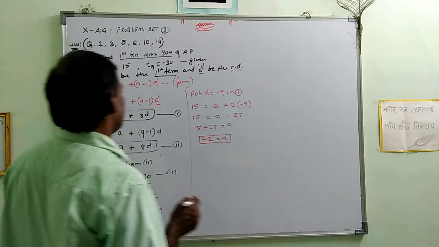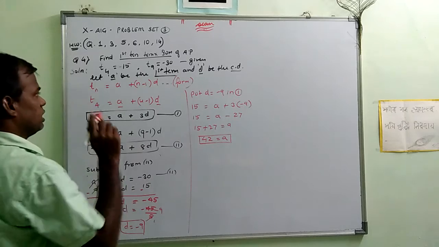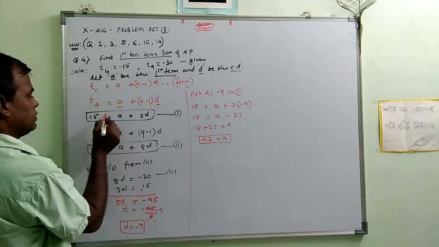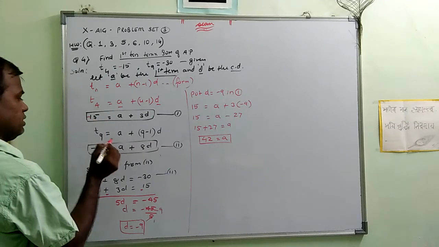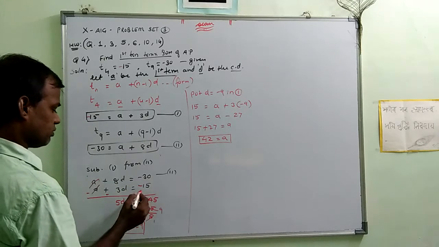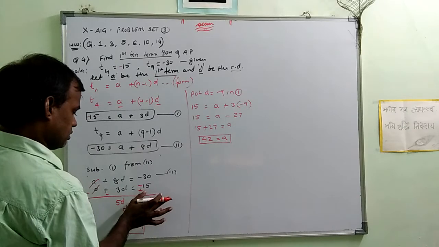Excuse me, they have given the value of D4 is minus 50. So sorry for the interruption, let's continue. It's minus 15, so here it comes minus 15. So here also it will come minus 15. So it will change to plus. Okay.